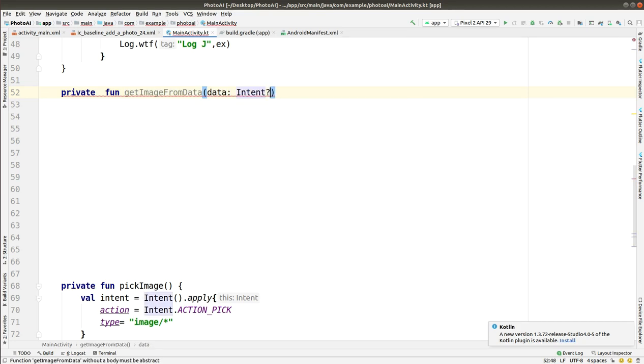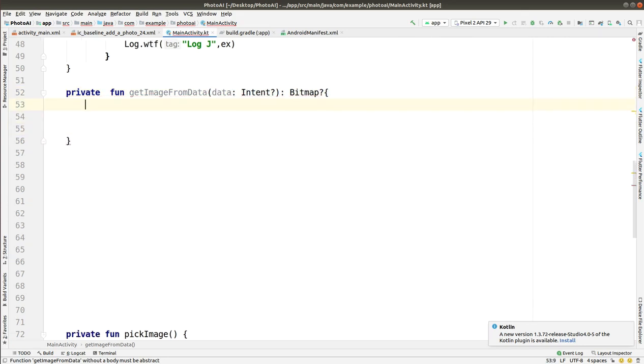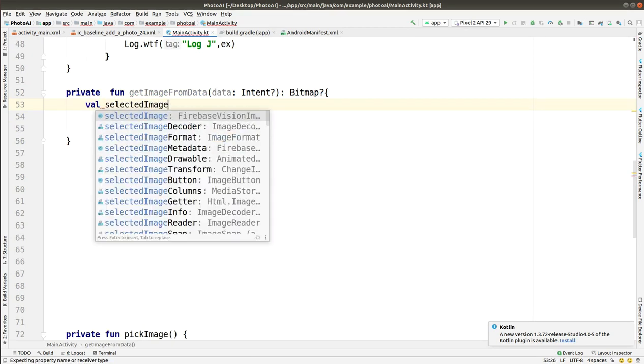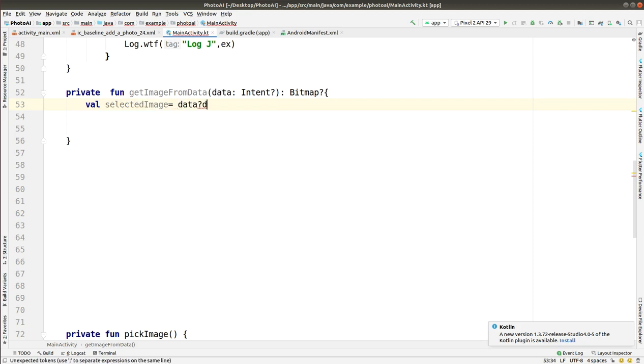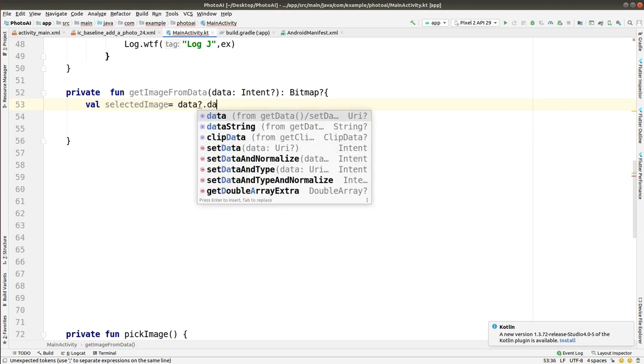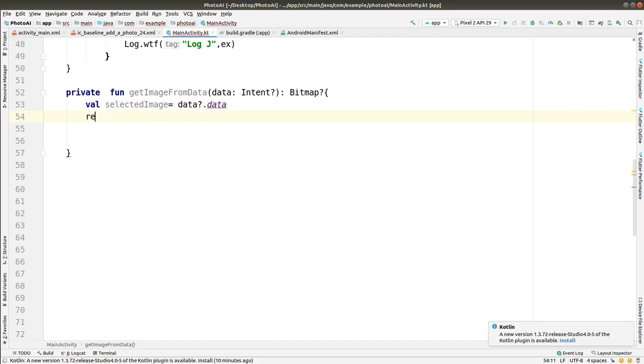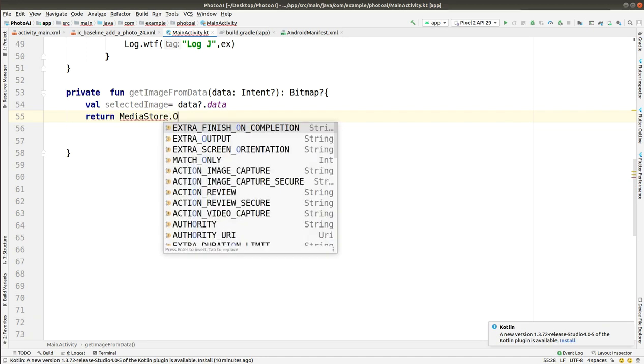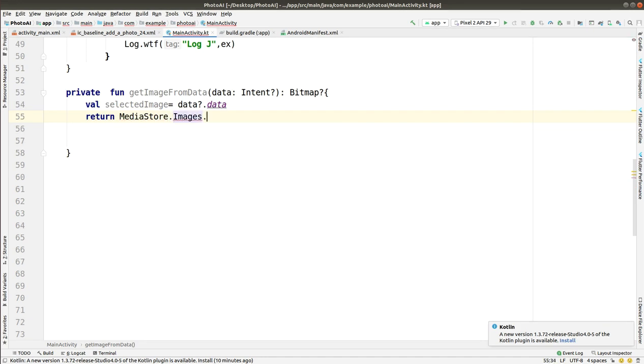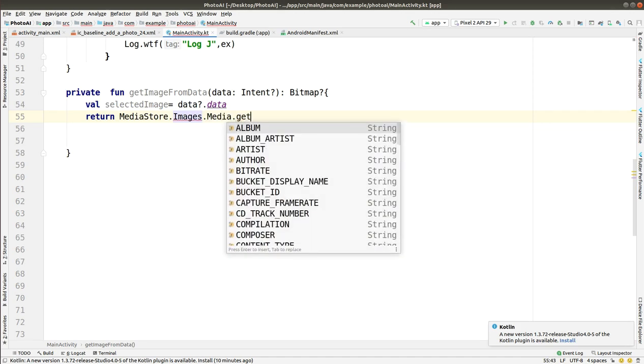The data that comes in the intent, which we made in the first function that we created, and we were taking the image from the gallery in the format of bitmap. After that we will be getting the image using the variable selected image, and getting data, and we are also using the null void thing.